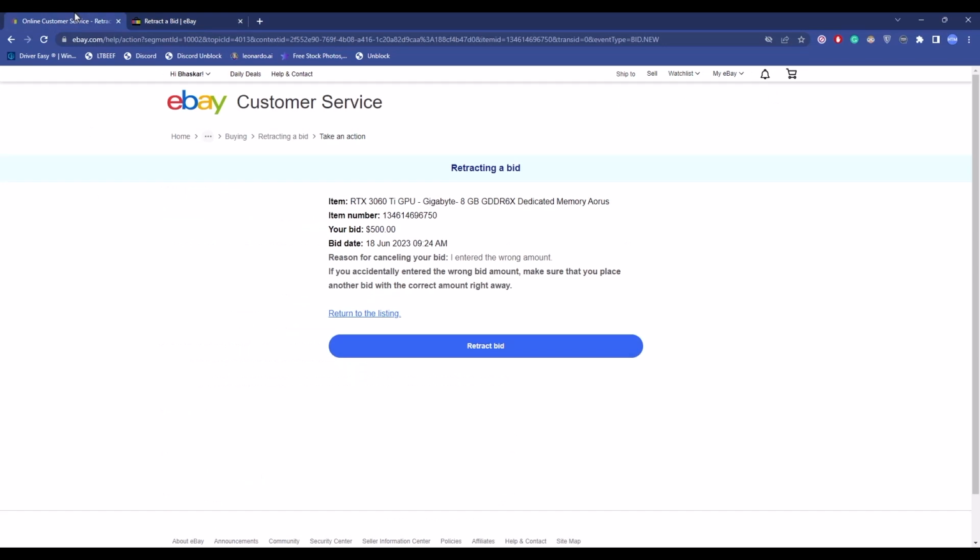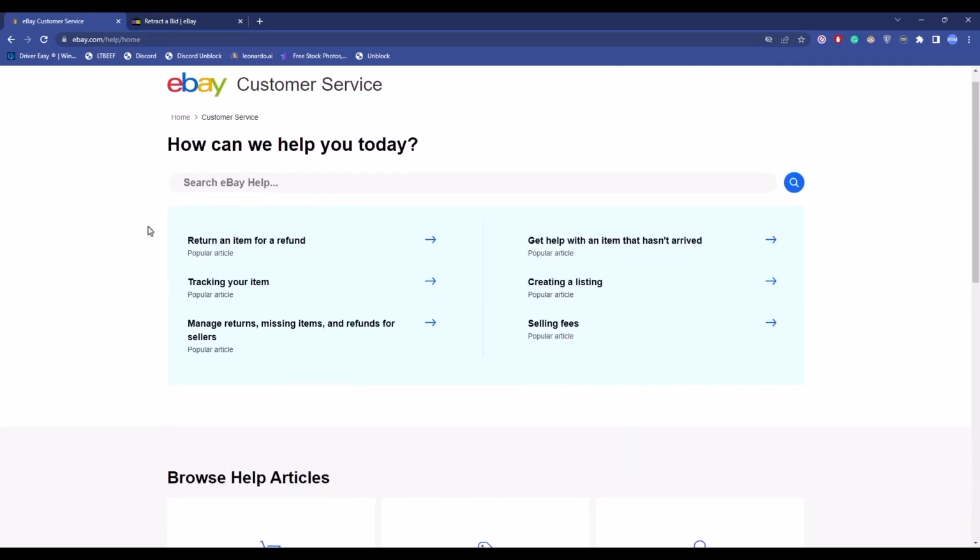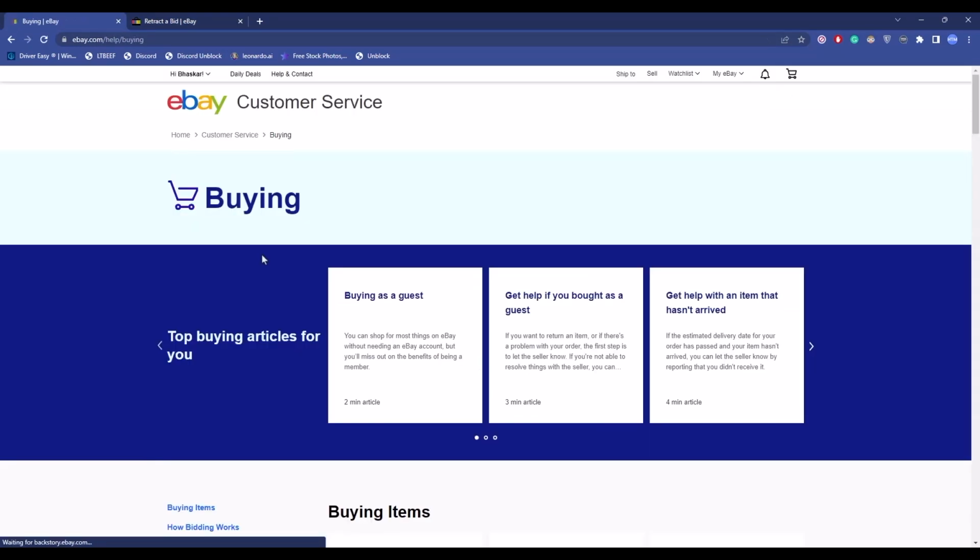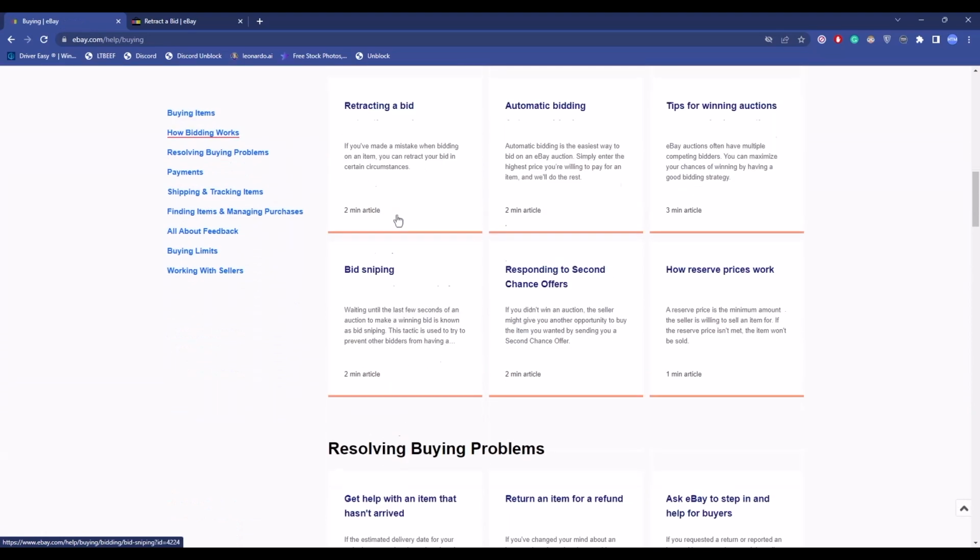Now if you go back to the bid, there will be nothing. So as you can see, I currently have no bid. I can also show you by going into the buying option, then retract a bid, and there is no more